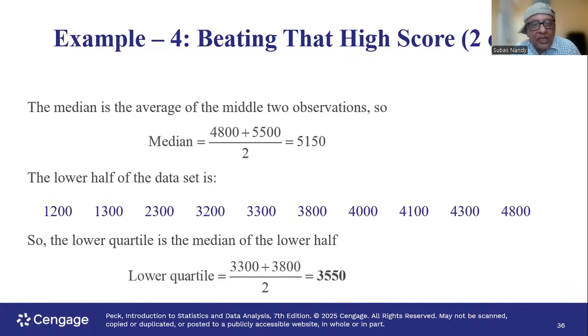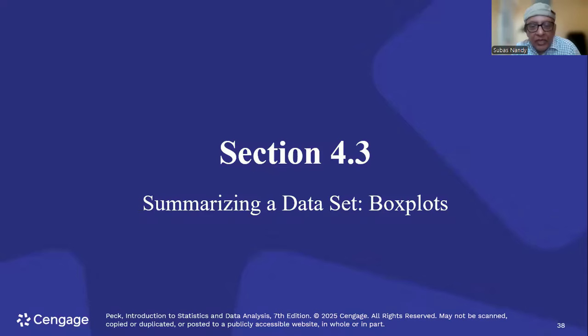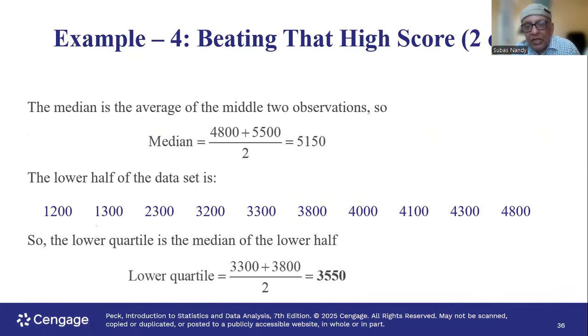What is the mean? The mean is 4775. What is the median? 5150. Okay. For the interquartile range, they're dealing only with the lower half and upper half of the data. But we are dealing with the entire data. So for us, Q3, the third quartile, is